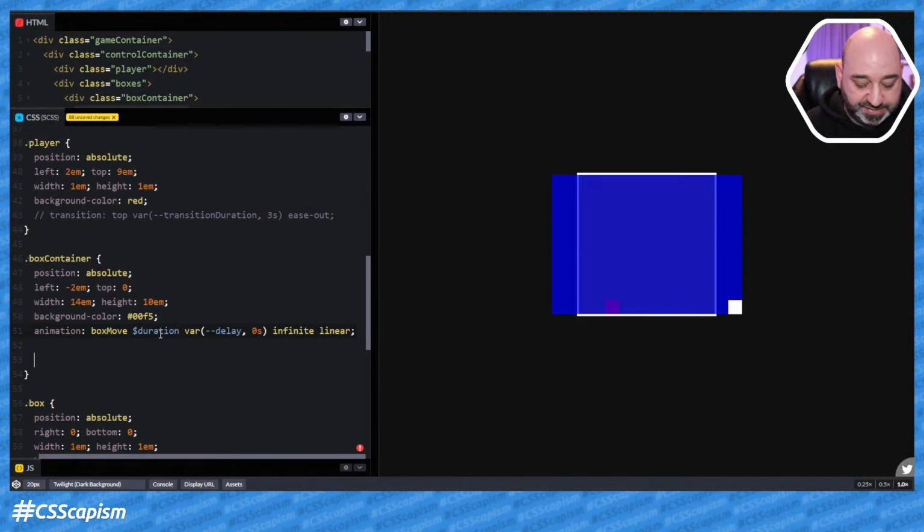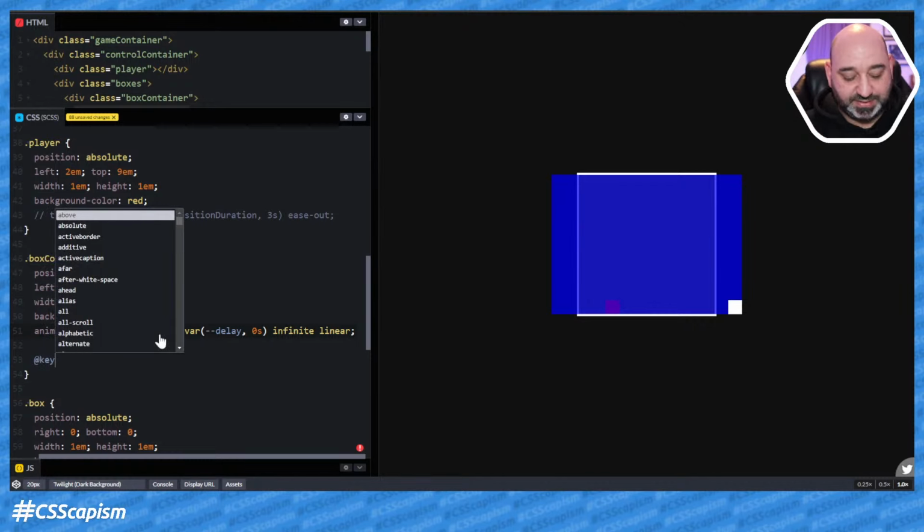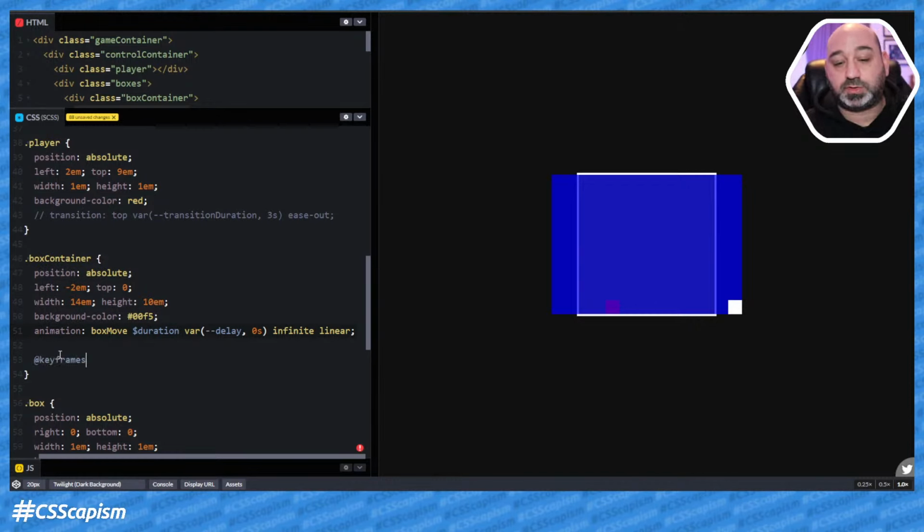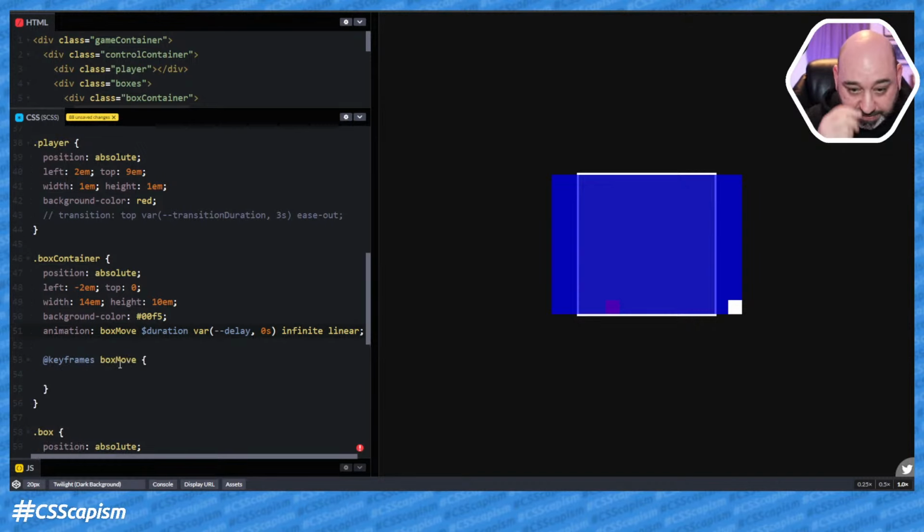Now let's set these keyframes. By the way, in the last 2 streams, I misspelled the word keyframes, because CodePen doesn't have keyframes in the autocomplete, but you can create your own autocomplete in CodePen. That's amazing. So now I just write keyf, and that's it. So no more misspelling of keyframes. So box move, and let's say from